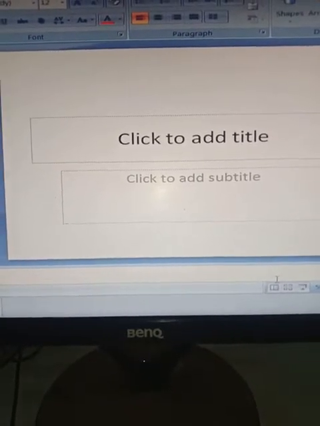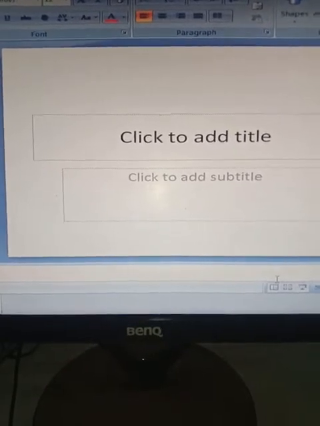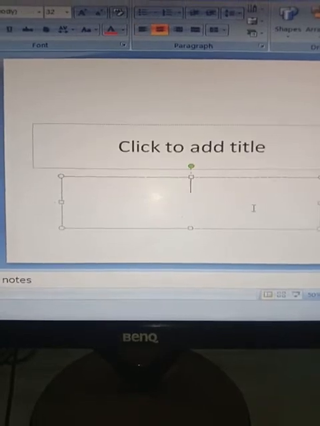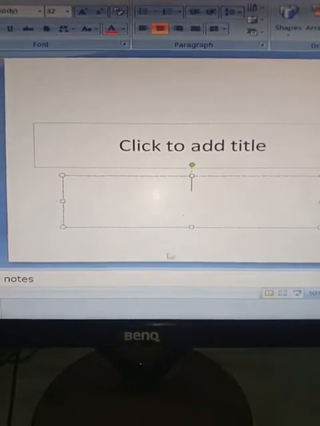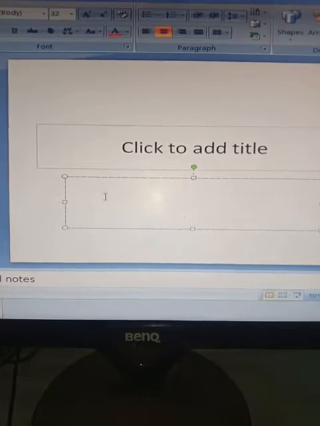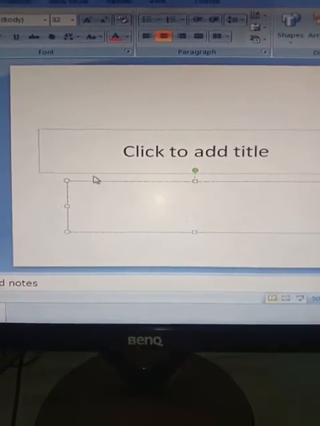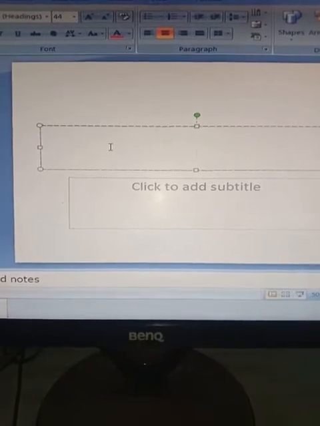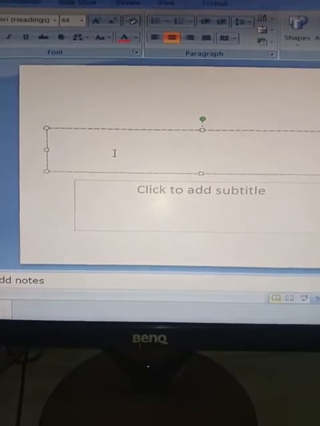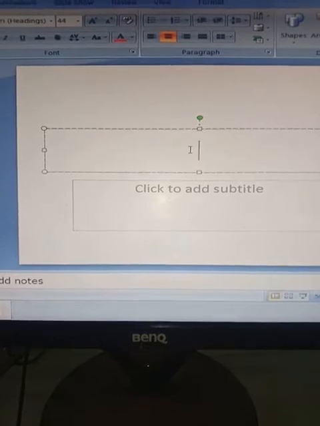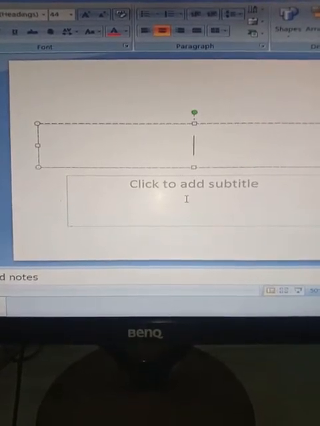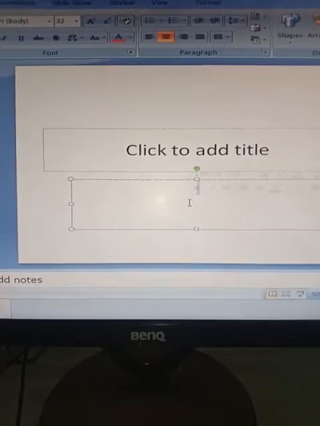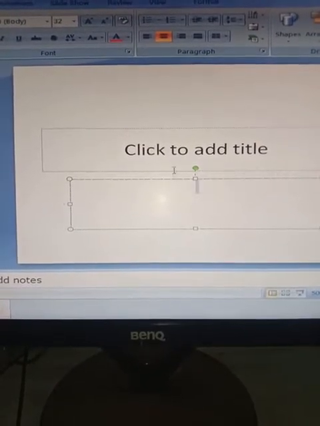What is a placeholder? The placeholder is an area. So these are the placeholders. These two, these and these are the placeholders that will contain our text, audio, images, whatever we want to insert over here. This is the title box over here. In the title box, generally we write the title or heading of a slide. This box is indicated by click to add title over here. And this is the subtitle box. The subtitle box is found below the title box. So here we can add the subtitle that we want to type.